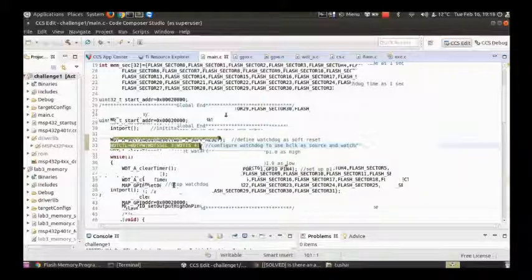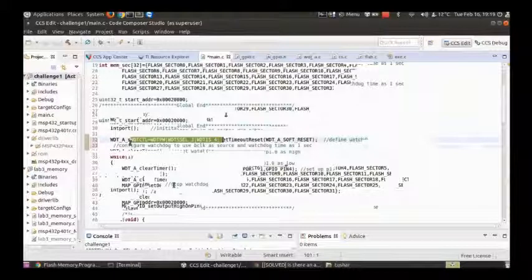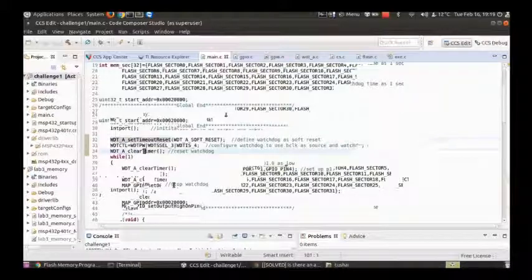These are the upper bits, which are kind of a password to the watchdog, and then we set the clock source as the B clock. We can also set it to an auxiliary clock or the secondary master clock. This register bit has been set to 4, defining the delay as approximately 1 second at our frequency. And then we reset the watchdog.